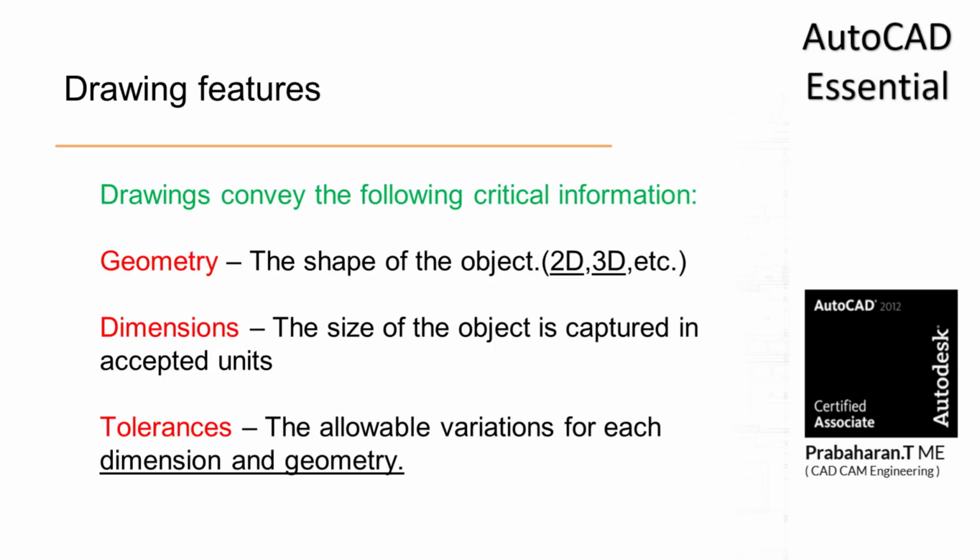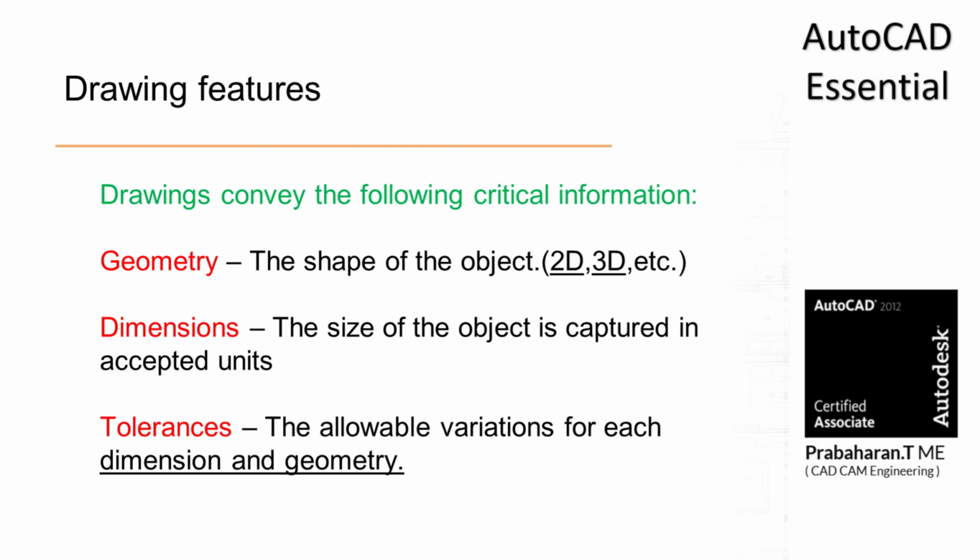AutoCAD. Generally, if you take any engineering drawing, when the drawing is complete, when the drawing has all the information with the proper unit, then only can we say it is an engineering drawing. So generally, any engineering drawing should have the following information. First one is shape, or we can say geometry. Geometry means it can be a two-dimensional object or a three-dimensional object. Then the important thing is dimensions. That means it says the size of those two-dimensional or three-dimensional objects.